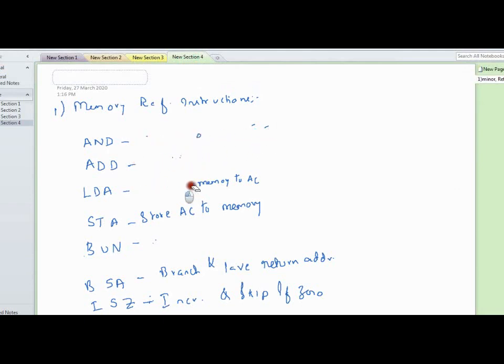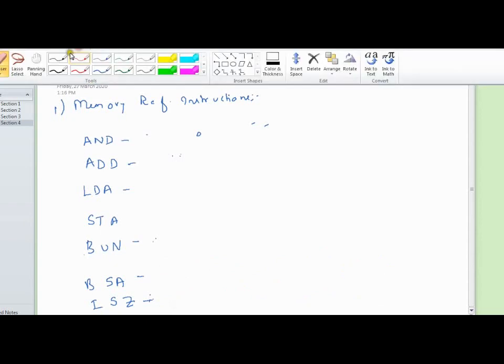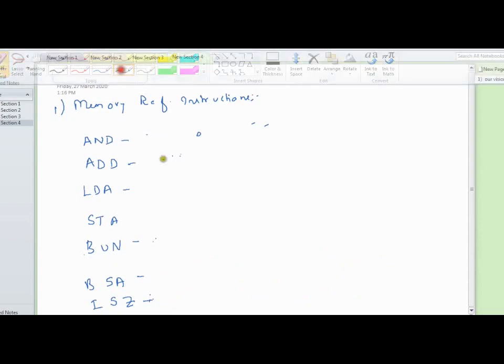So after learning the behavior of the various instructions, we will assign the binary code. We already made certain assumptions regarding the assignment of binary code, and we will follow that only.